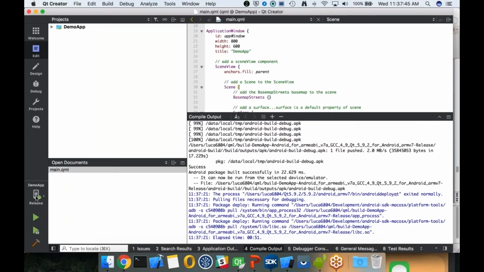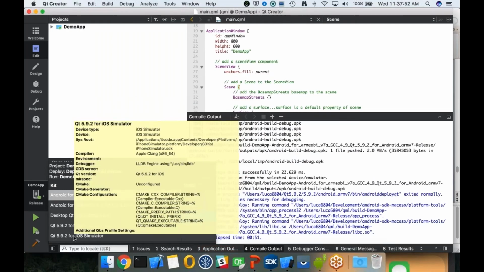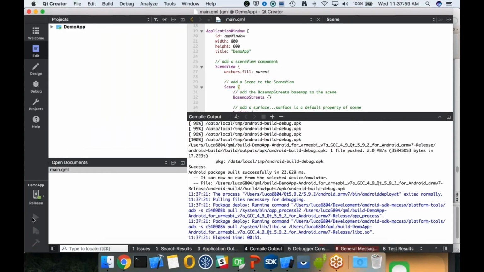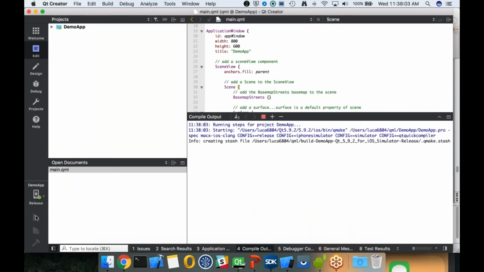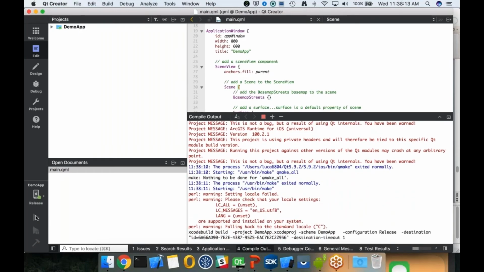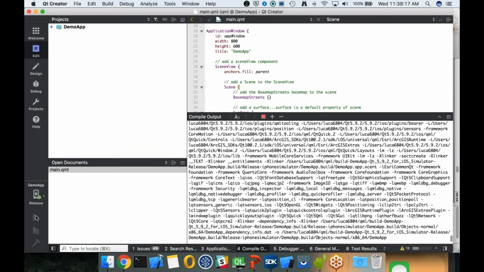Okay, so how about if I wanted to run that on iOS? If I go over to the kit selection, I can see that there's iOS and iOS simulator. In this case, I'm going to select the simulator. I'm going to select release. I'll go ahead and hit play. And this is going to do the same thing as what Android's doing, only it's going to be using Xcode and the various tools that we get with the Xcode installation to build and deploy an iOS application to my